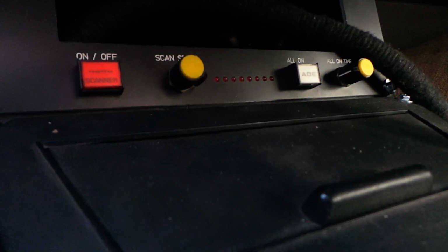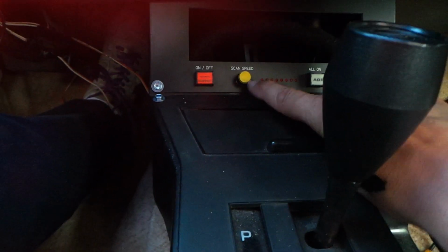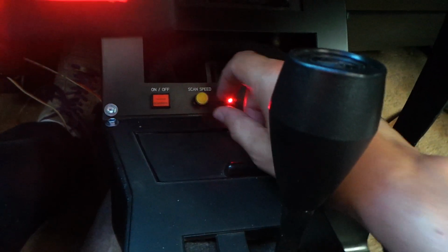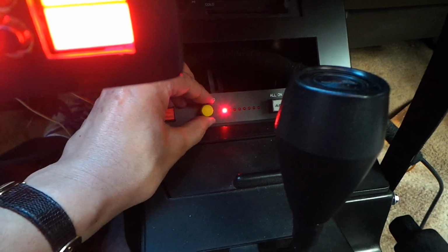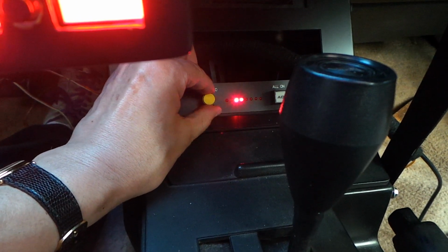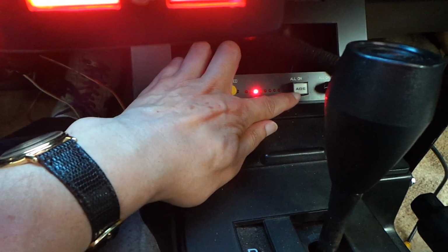One of the most recognisable features of the car, and that's controlled by these controls on this panel here. This is the main on-off switch, and we can control the speed by this control here. I'll have to do it with my left hand, otherwise you won't see the display. This LED display on here is just so that you can see the speed of it. The real scanner, which I'll show you in a moment, has 55-watt halogen bulbs, so it's very bright even in daylight. This AOE, all on effect,